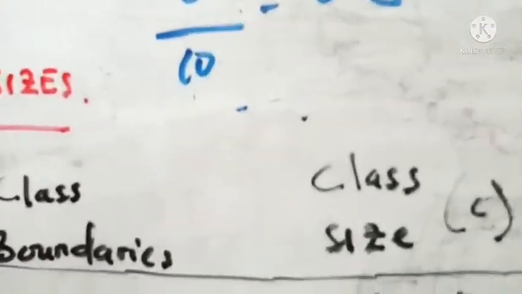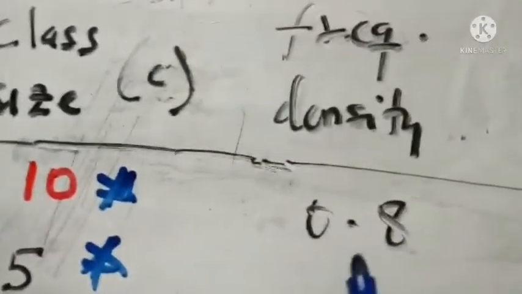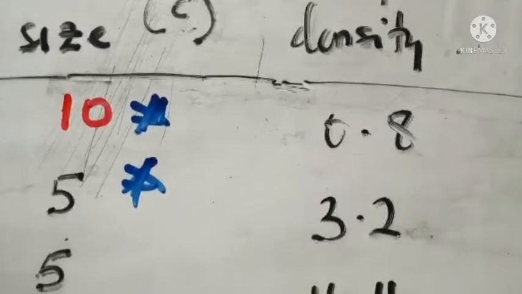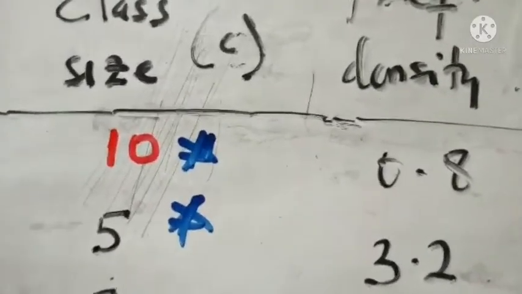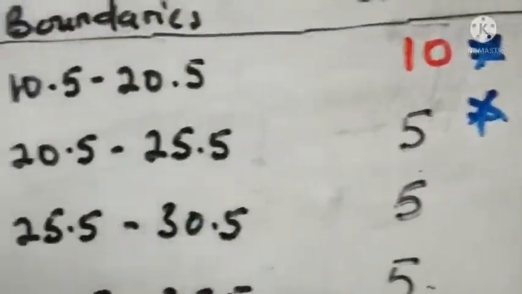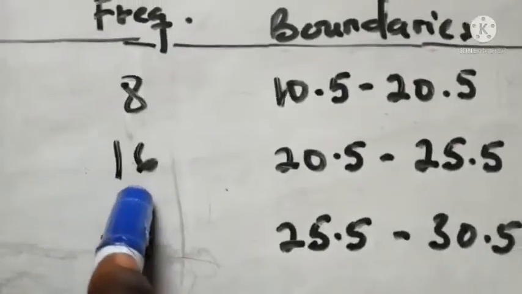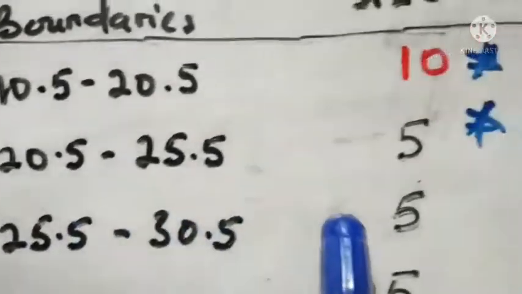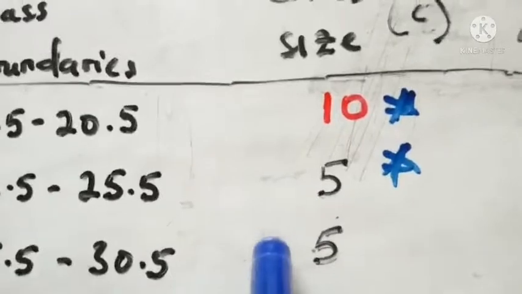Is that okay? So 0.8. That is how I got the first line to be 0.8 here. Okay, so the same way you have to tackle every line by line. So the next line you consider the frequency is 16, and then its corresponding class size is 5. So 16 over 5, that will give